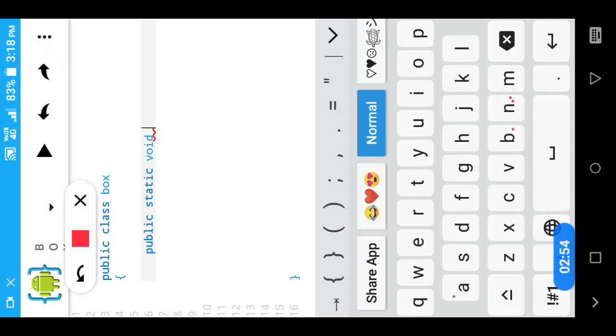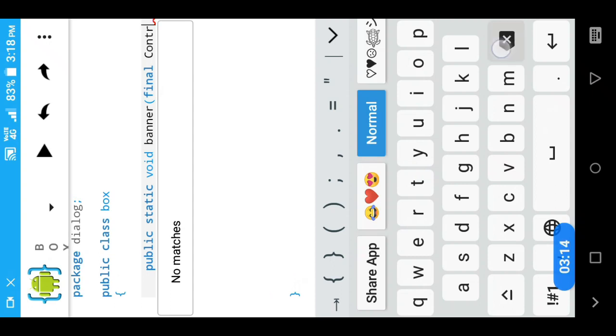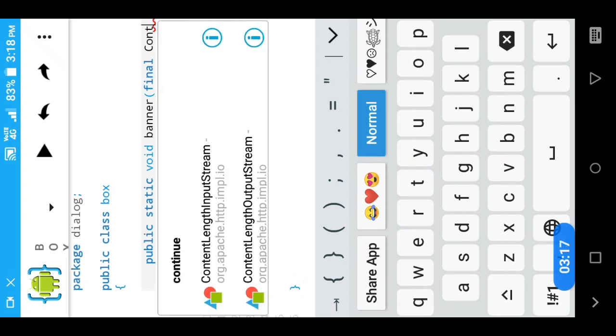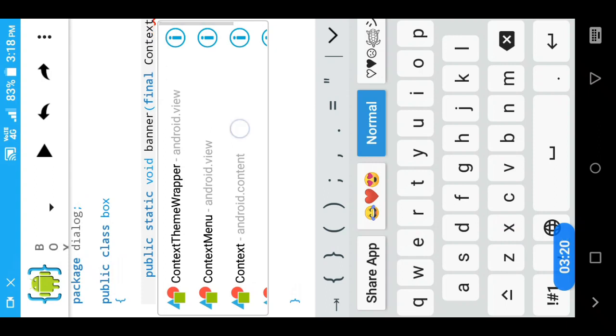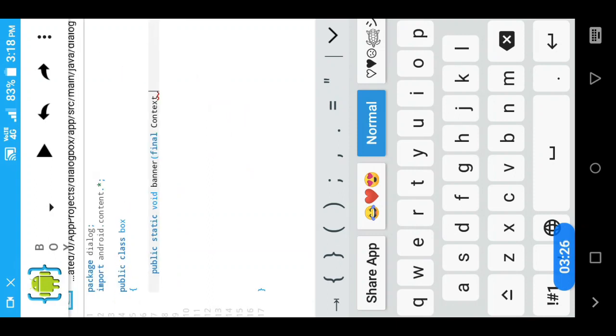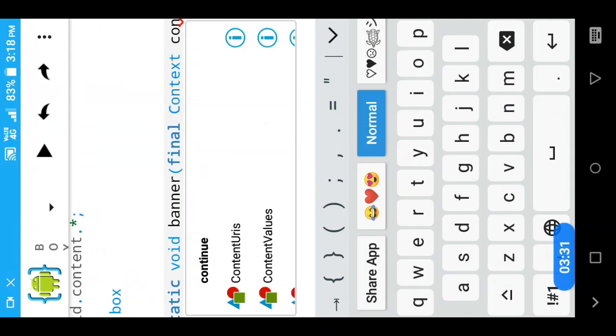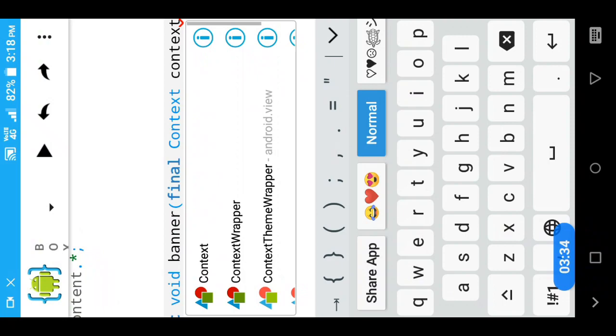I will name it banner. Then open the bracket, add Context context, and close the bracket.